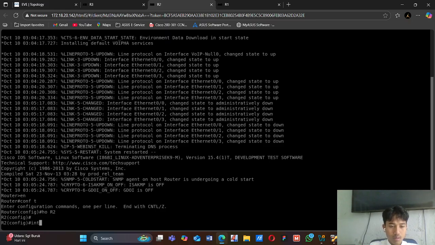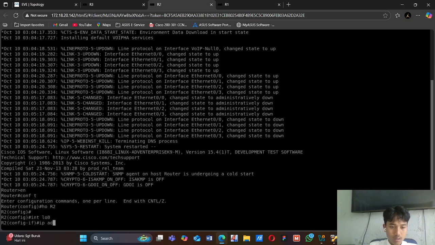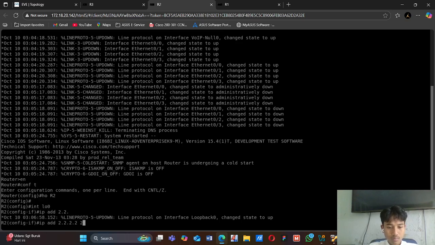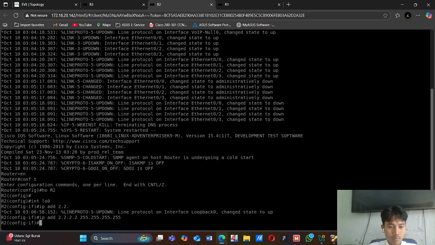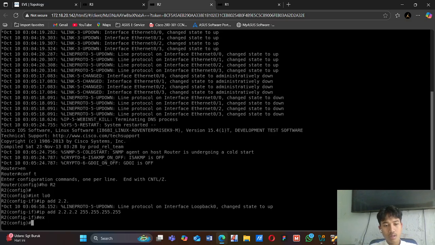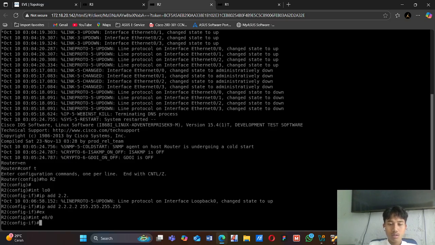So we will add the IP address for the loopback first. Okay, after we add the loopback IP address, exit, then go to the first interface, Ethernet 0/0.